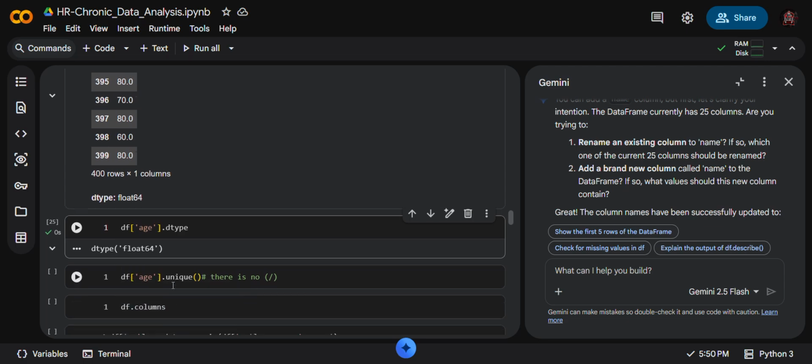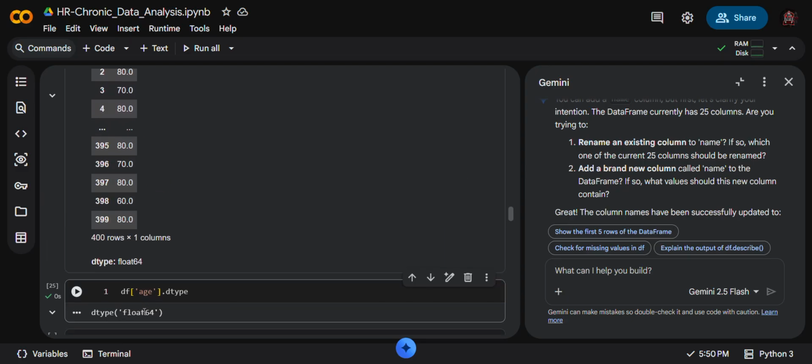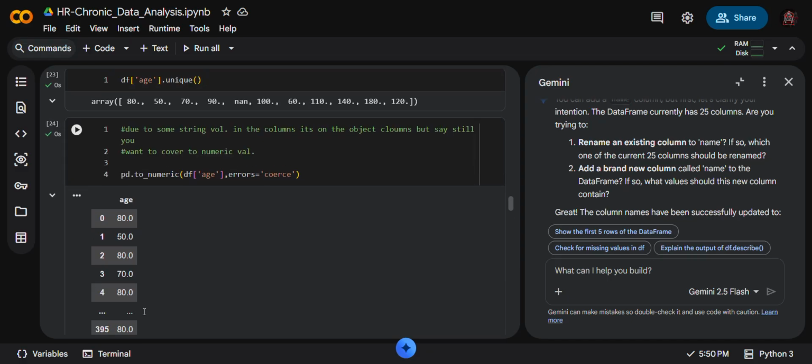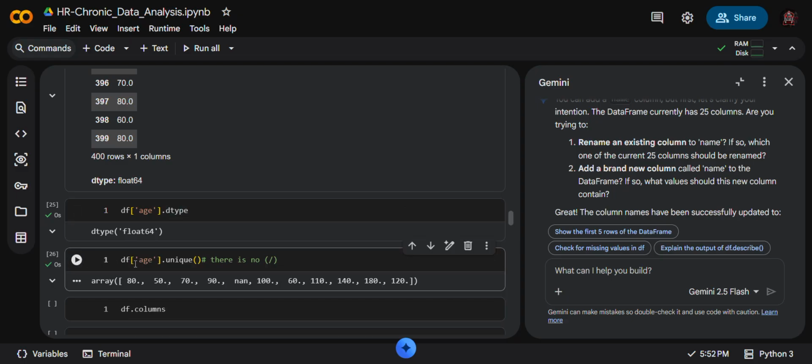Like if we use bp, then we use the same steps: step 1, step 2. For bp, you can put df bp and dot dtype. This is step 2, and this is our step 3. We already defined age.